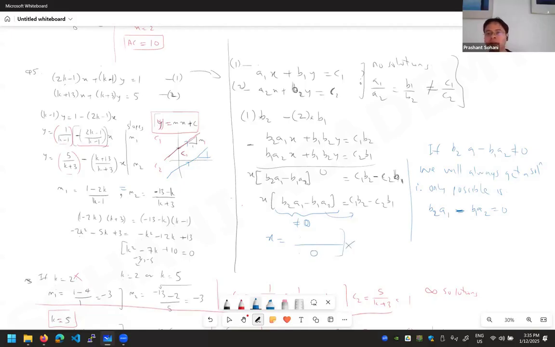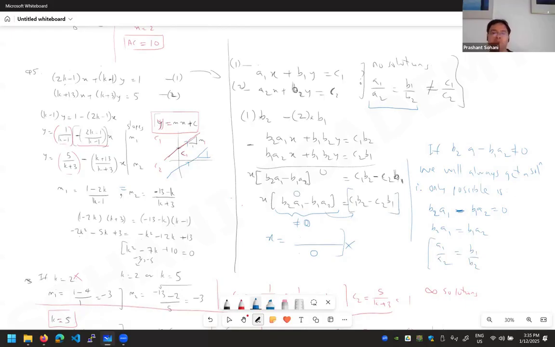And now if you see, I can rearrange this into this form. If I take this to the other side and just divide, then this will become a1 upon a2 is equal to b1 upon b2. Okay, so this has to be true, but this is not sufficient, because if you look at the RHS,